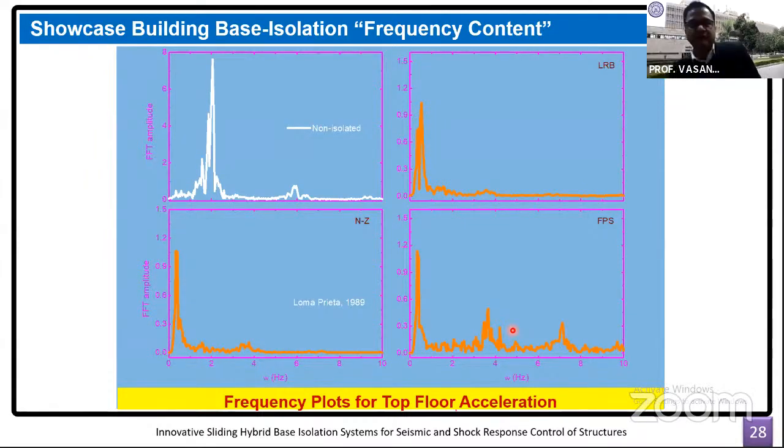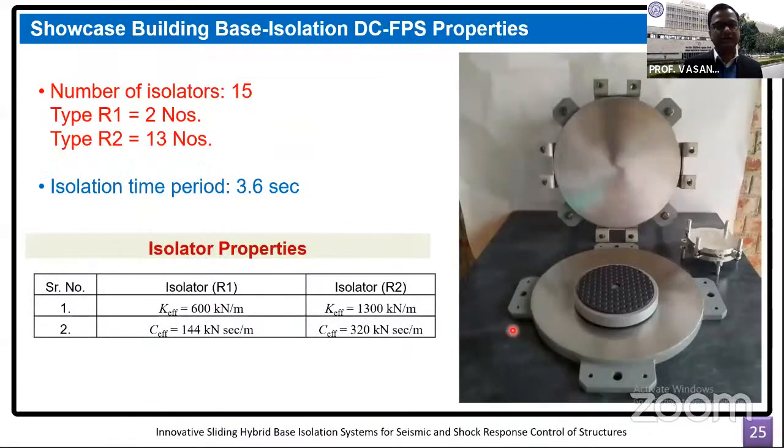Okay, yeah, so it would be more or less in the similar range that I have projected here in this particular base isolated building showcase project. The escalation in the cost was somewhere in the range of 6%. So it would be more or less the same if we achieve the time period that we have used in this case. So it is basically a function of the time period.